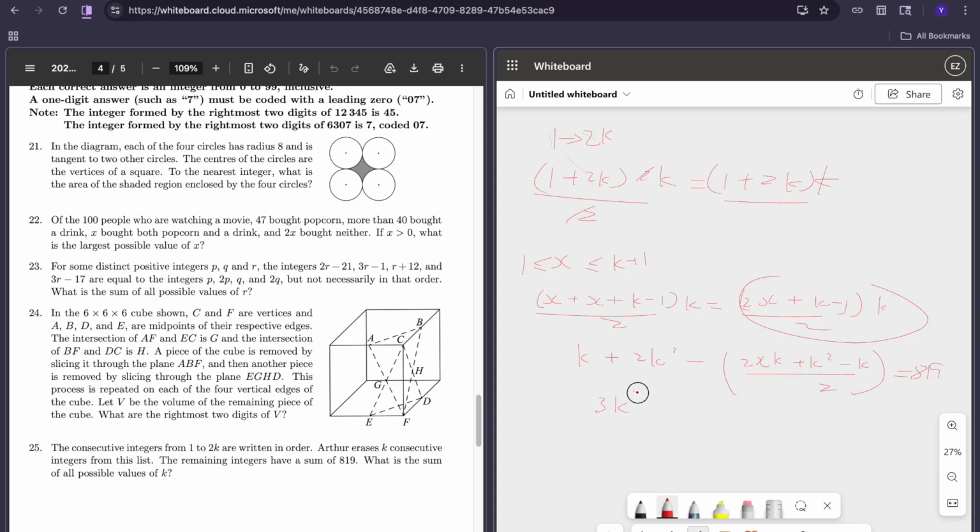3k squared, no, plus 3 minus 2x, k equal to 1638. 1638. Okay,